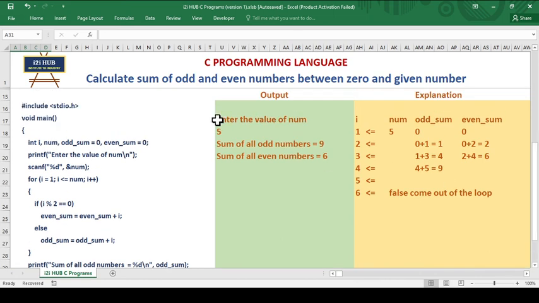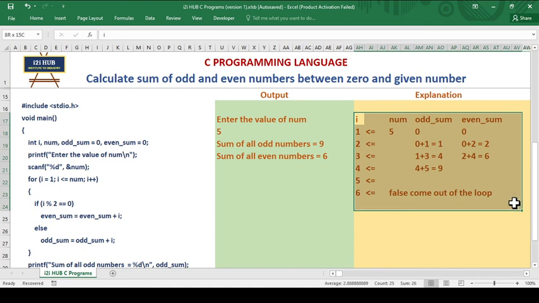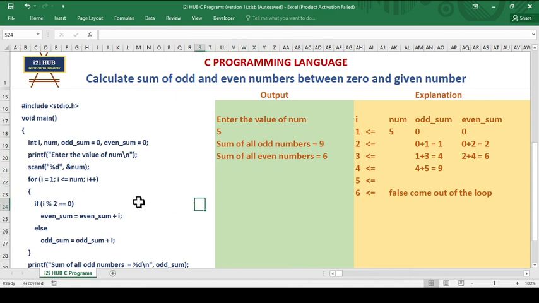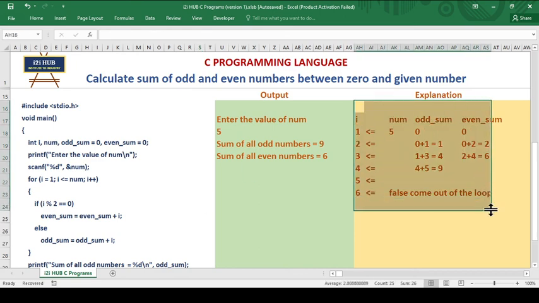So now this will be the output, and this is the internal process logic that occurred. So this is how you need to analyze the program in a step by step manner. It will be easy for you to analyze if you write this explanation on a piece of paper. Whenever you are asked to give the output of a particular program, you can just go through the program, analyze it in this way, then give the output.